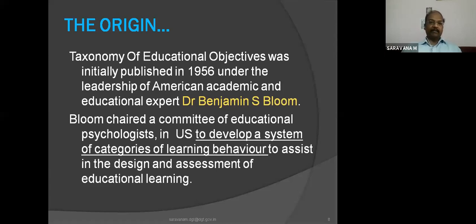So these are the various levels. All these levels can be categorized according to the basic qualification and advanced skills gained and all. So even in the education system also, learners' behavior can be classified into knowledge level, skill level, and the attitude level. So all these things will be explained in detail one by one. So let us see the classification.